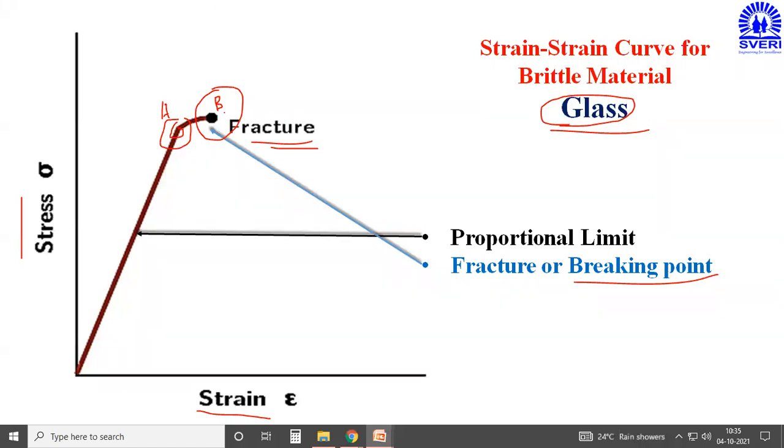Therefore, here after point A, directly point B is taking place, which is called a fracture. And here, in case of a brittle material, this fracture point or this breaking point will be considered as a maximum stress point. Point A will not be the maximum stress point because here it is the proportional limit. Whatever the stress is, that much will be your strain. But after point A, there is a point B where the breaking is also taking place, fracture is also taking place, and that point B will be considered as a maximum stress point. Because at this end point the breaking will take place, and at that same point the maximum stress will also be induced.